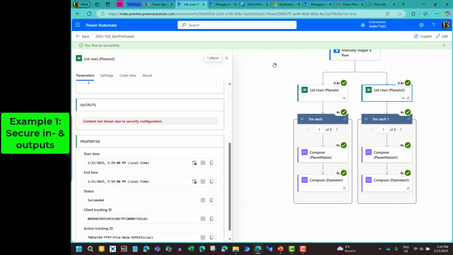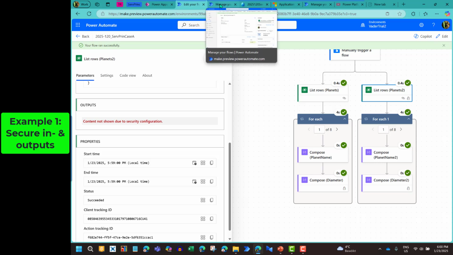So if you have sensitive data, might be some finance data, might be some keywords or whatever you have, think about enabling these secure inputs and outputs. Next thing,